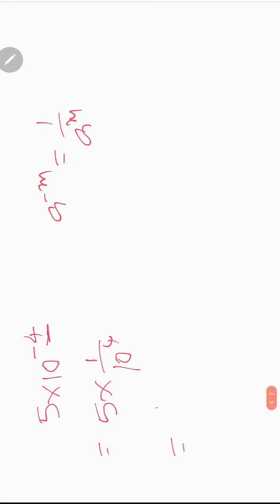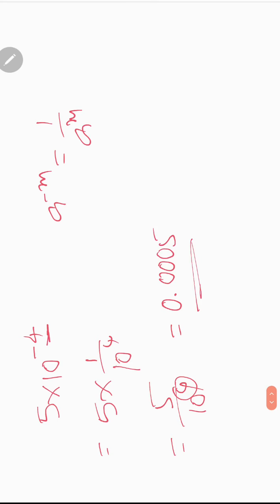So now 5 by 10 power 4 is equal to, how many zeros are there? This is a fraction. How can we convert it into decimal? 0 point, after the point 4 digits must be there. That means 0, 0, 0. In the numerator 5 is there, 1 digit. So this is the usual form of the given standard form.